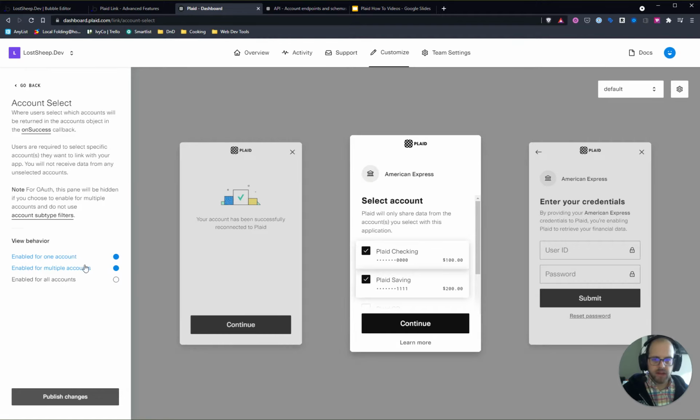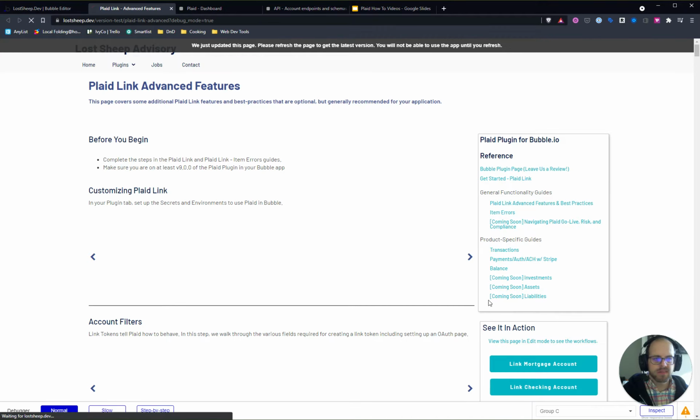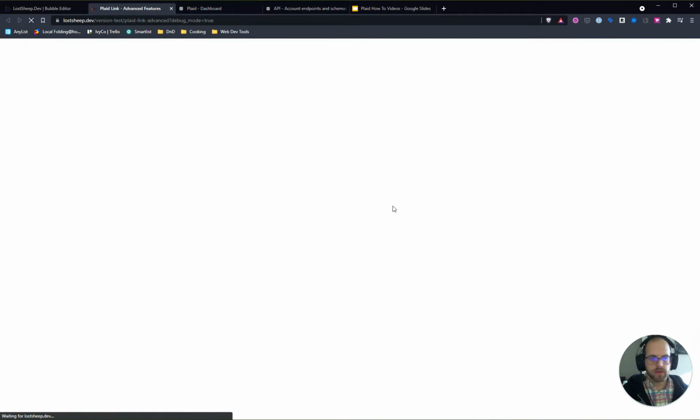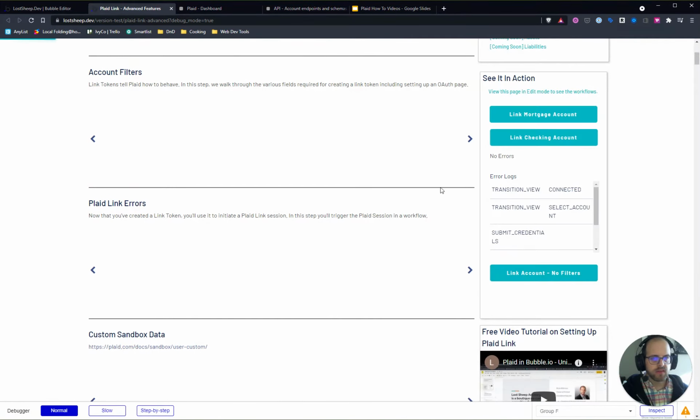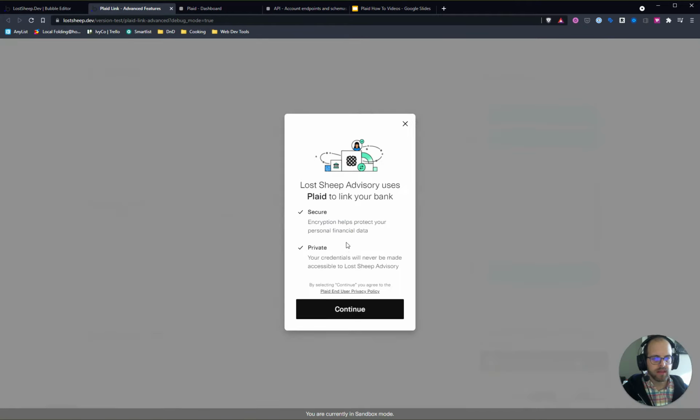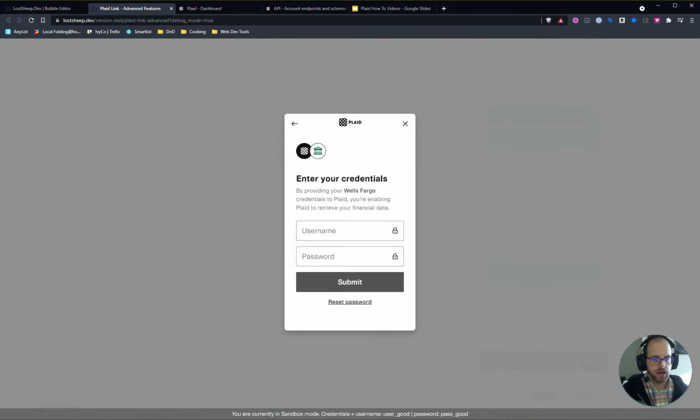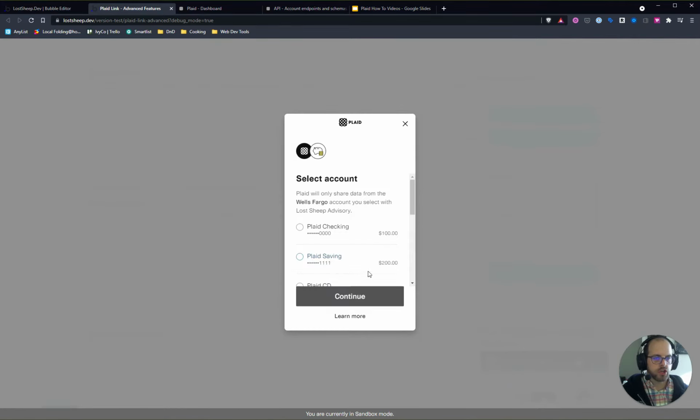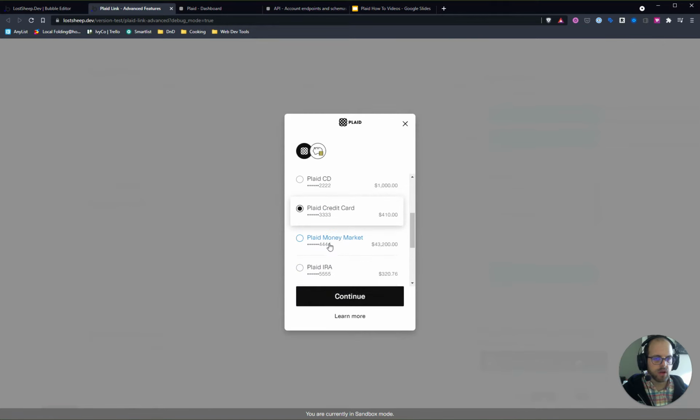Let's see it in action, right? So I'd had this set on enabled for multiple accounts. Let me change it to one account for now and publish that change. If I go look at the sample app here, and let that refresh, there's nothing I need to change in Bubble. This was a change completely in the Plaid dashboard. If I start a new Plaid Link session here and enter my username and password, I'll see just a single select, so I can only pick one account at a time,